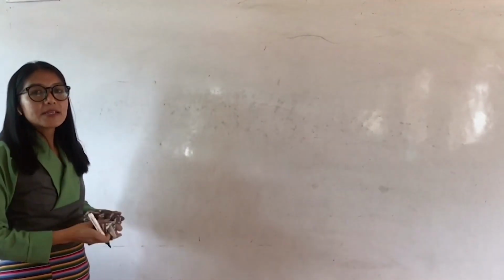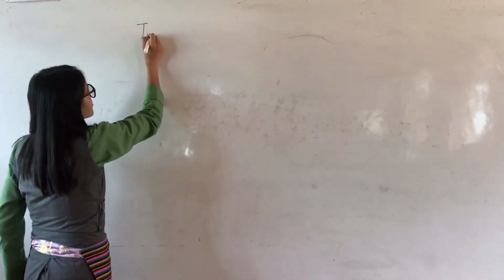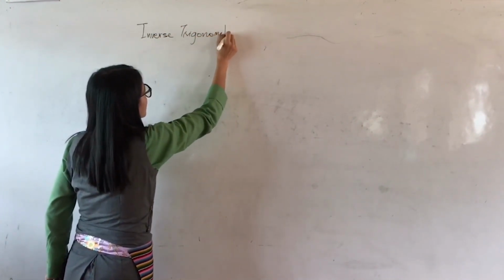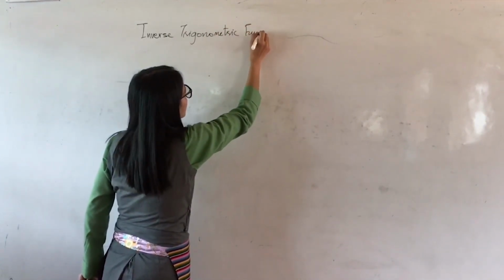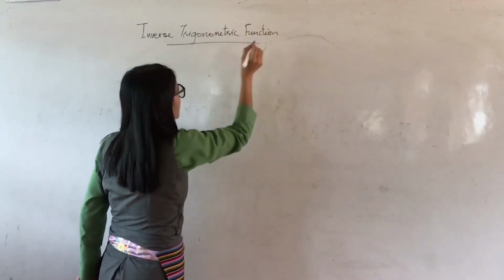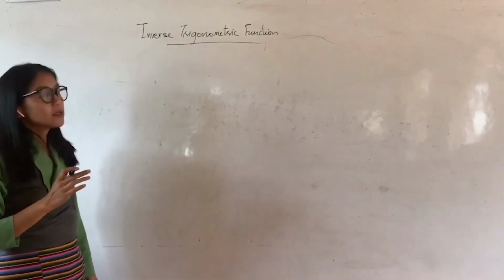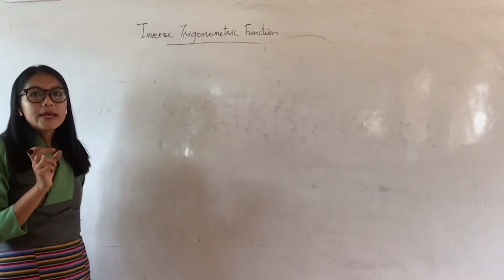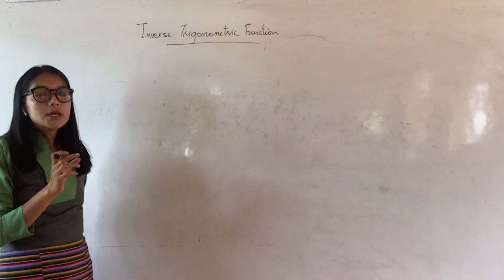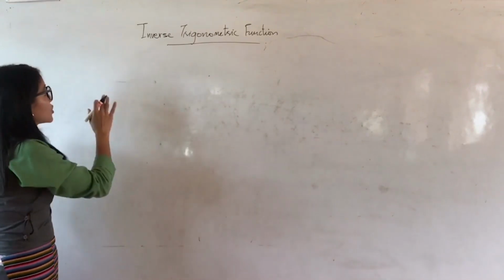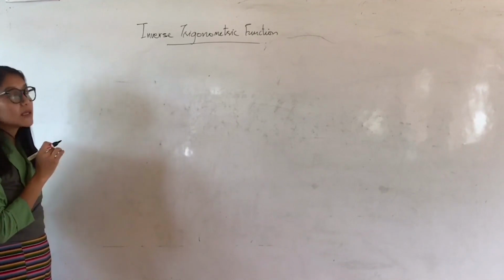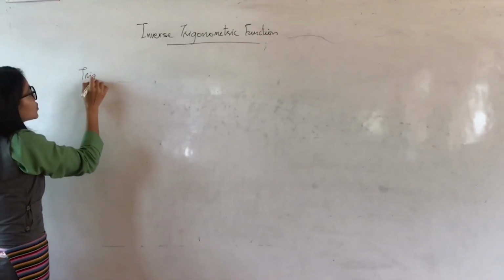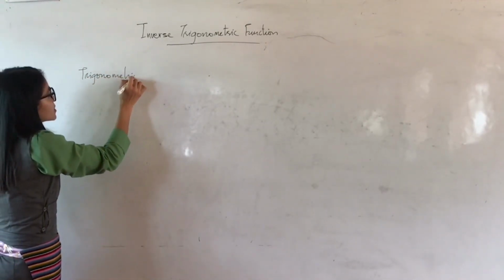Here we will be starting with the second chapter, which is inverse trigonometric function. To understand this chapter, we need the concepts of trigonometric functions which you had learned in class 11, and the bijectivity of a function that we learned in the first chapter. So I'll do a quick revision on the things you had learned in class 11, which I'm going to use in this chapter. First I'll just recall a few things.